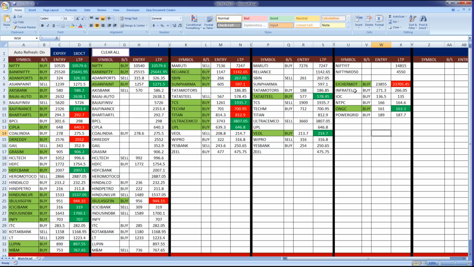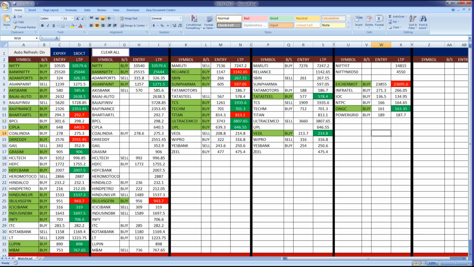So that's one of the reasons why I have put these things here. But if you see overall, of all this Nifty, I am just trading in Nifty 50 scripts as of now. Out of this Nifty 50, there are some calls which have already made targets and they are retracing, like India Bulls,